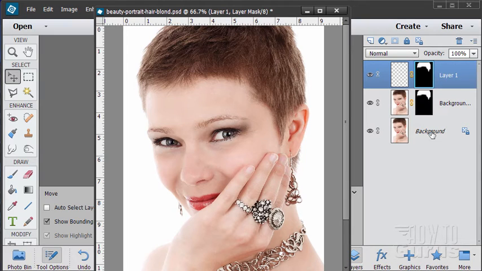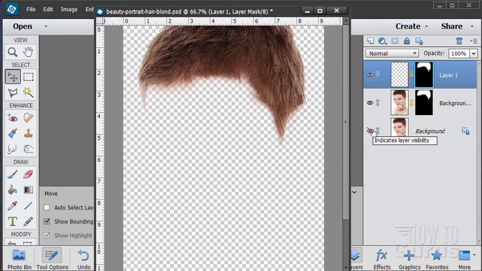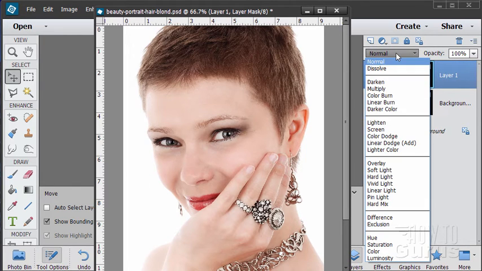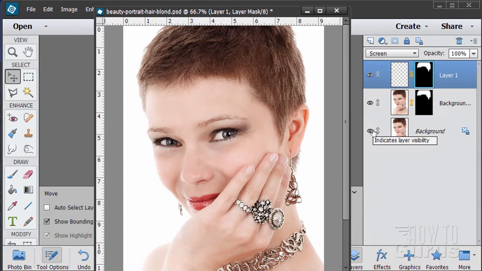If I hide the original, you can see what we have now is just the hair based upon that selection. We're now going to blend this into this, blending the same picture back into itself, which is an interesting thing to do, but you'll see what happens here using our blending modes. Come down to screen right there, and we're going to actually screen that,